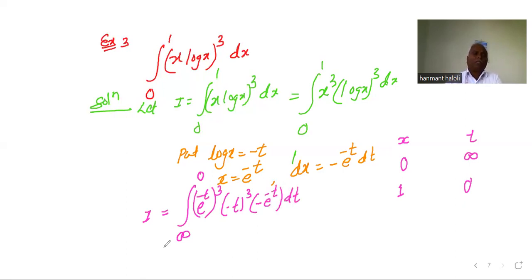Now after simplification of this term we get this form, integral I equal to, with a minus sign,